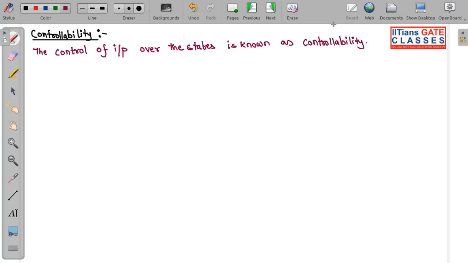Controllability is basically the ability of the input to affect the state variables of the system. What I said is, controllability is the ability of the input to affect the state variables. There is one Kalman test for controllability, and the only thing you need to remember is this Kalman test for controllability. So if your state variable model is something like this,